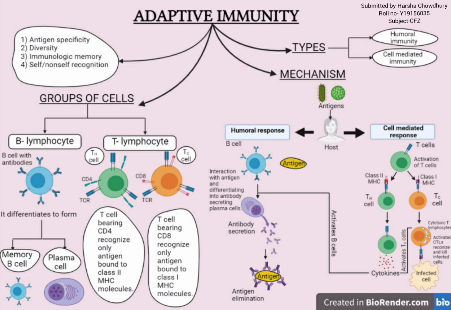Next, we come to the group of cells which is responsible for adaptive immunity. An effective immune response involves two major groups of cells. First is the lymphocyte and second is the antigen presenting cell. The two major populations of lymphocytes are B lymphocytes and T lymphocytes. The B lymphocytes mature within the bone marrow and each expresses a unique antigen binding receptor, which is the antibody